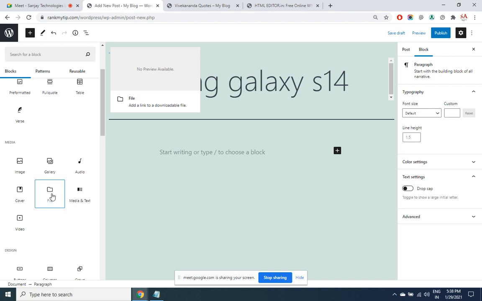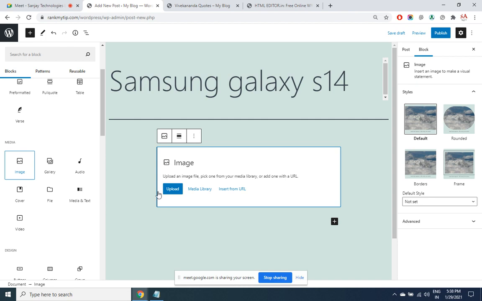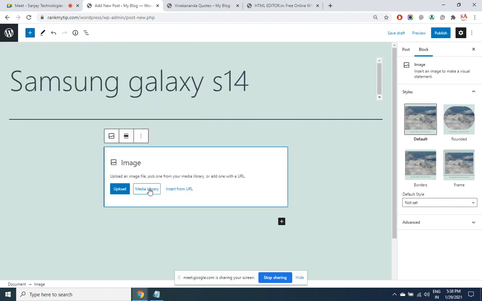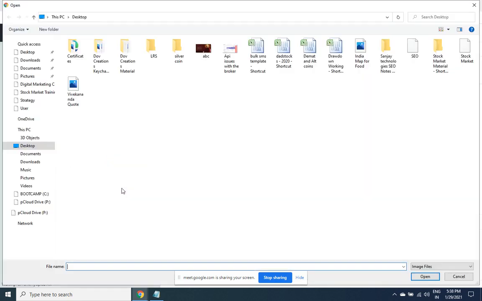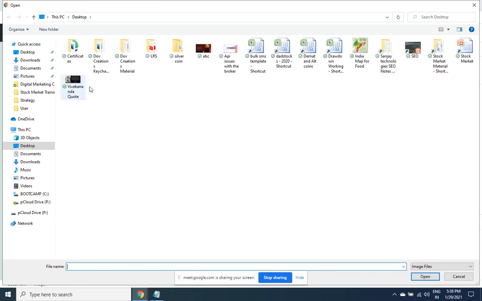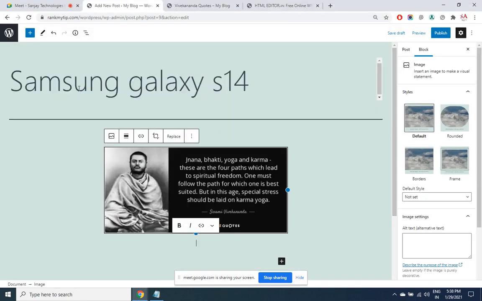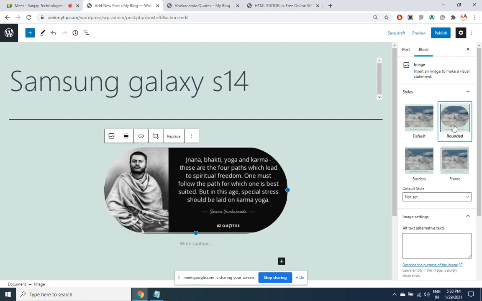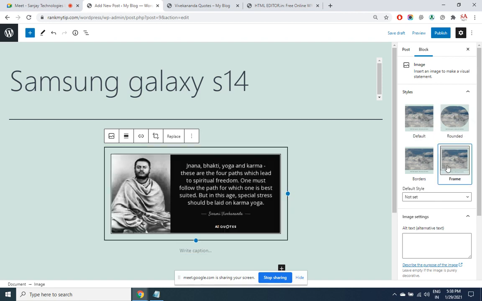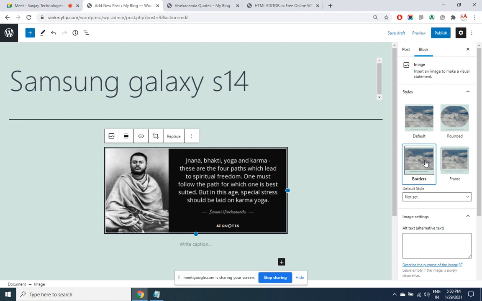Let's say that I want to give a link to download the SEO material that I can provide from here. But such kind of provision, I do not have it in Blogger. Let's add an image. I want to upload the image from the system. May not be a relevant image, but just to show you. You can have different designs for the image, like this, like this. These are all extra options what you have.